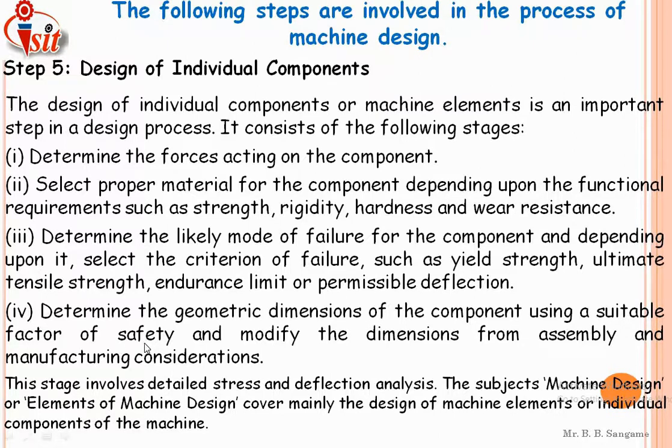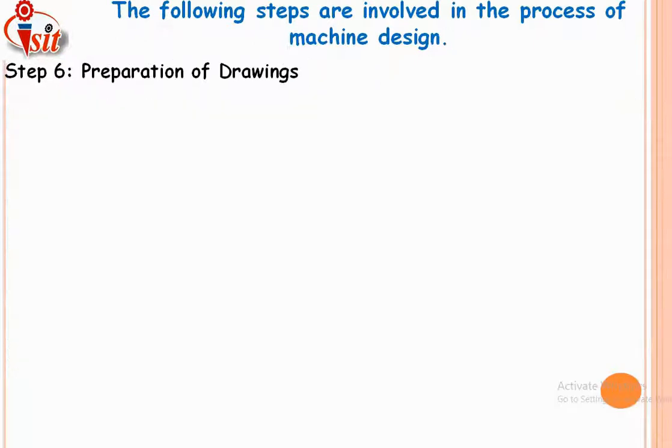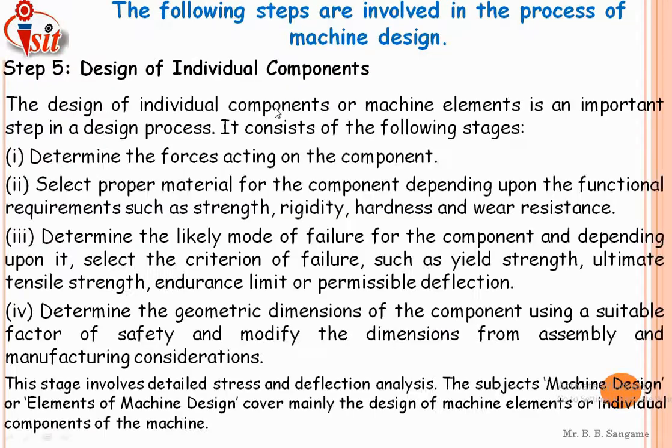When we are giving a factor of safety, we are actually going towards the safe criteria. That is, determine the dimensions of the component by using a factor of safety. So these are the four sub steps in the design of an individual component. Now, in the design of an individual component, I want to add one more step, that is the determination of the stresses. When you are determining the likely mode of failure, you are actually determining the stresses